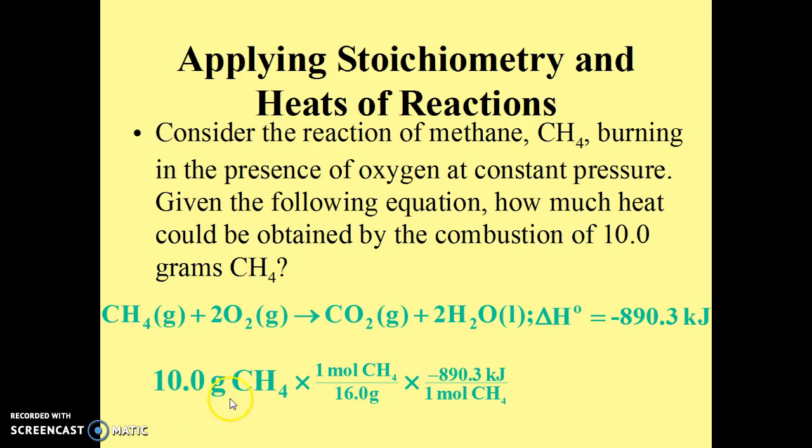So we take the 10 grams of methane, we multiply it by the reciprocal of the molar mass. 1 mole is 16 grams. We're now going into the mole hole. And when we have the moles, we then multiply it by the enthalpy change, negative 890.3, and we get negative 556 kilojoules. So you always go into the mole hole like this. Then you multiply it by the enthalpy change for 1 mole to find out the enthalpy change for that particular number of moles you're working with.